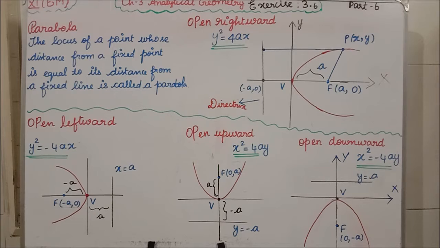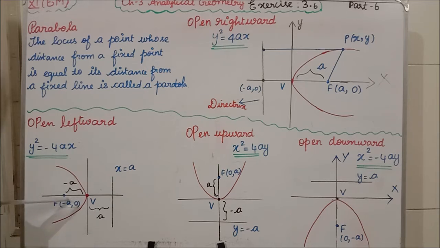Students, whenever they say parabola, immediately you have to first think the general formula for the parabola is y square equal to 4ax. If it is open rightward, it means y square equal to 4ax. If it is open leftward, see the diagram down which I have drawn. Open leftward means y square is equal to minus 4ax. Why are we saying it is y square equal to minus 4ax? After the origin, this side will be negative. So y square equal to minus 4ax on this side.